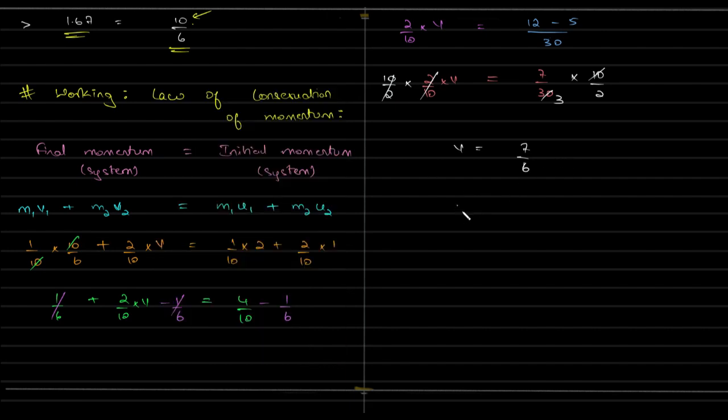So V is equal to 1.167 meter per second approximately. Right, guys? So determine the velocity of the second object. The velocity of the second object is